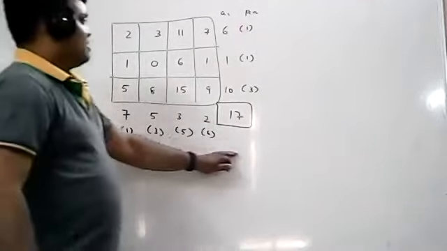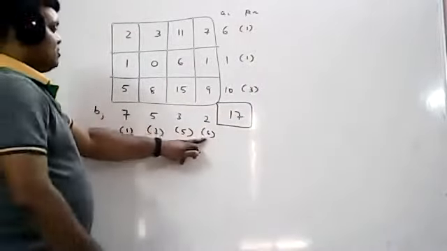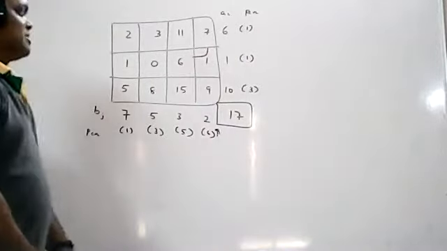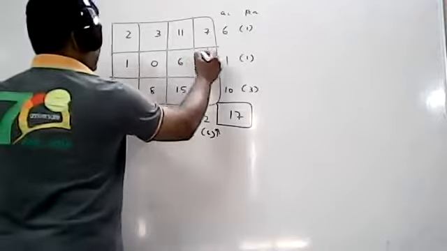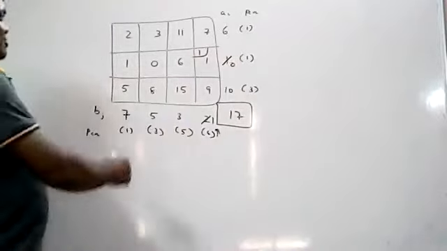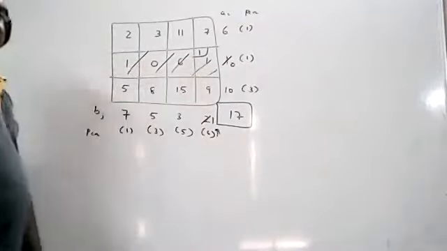Go for the highest penalty among rows and columns. What is the highest penalty? 6, and 6 is there only one time, so you will choose this one. In this, the minimum element is this one, so the first allocation is made here. Between 1 and 2, 1 is the minimum value. So 1 is allocated, and the other becomes 0. Since 0 is on the row side, cross the entire row. You have to repeat the procedure until you get a single row or single column.